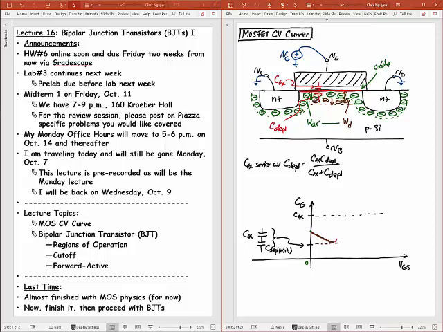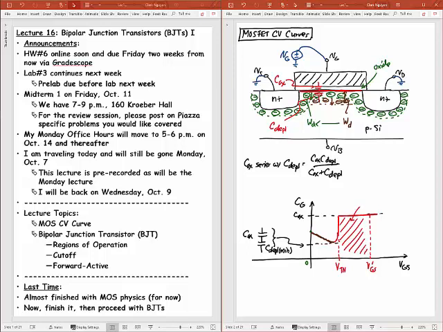It'll come back up fairly quickly here, straight up to that capacitance. Okay, and then under certain circumstances, it'll just stay at that capacitance as I keep raising VGS. And this happens again at the threshold voltage, so that would be at voltage VTN. Okay, and say I have some VGS prime. If I have applied something like VGS prime to this, then all of the area under this curve will be my total charge.